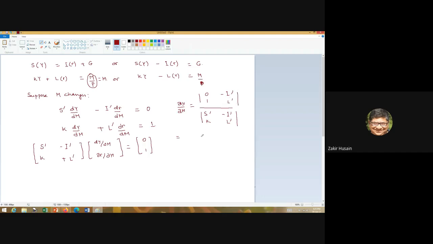So what does this come to? There is a minus here but again a minus will come in, this is S prime L prime, this will become plus I prime into, so let's make it 1,